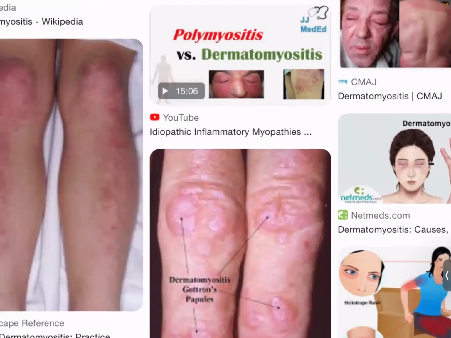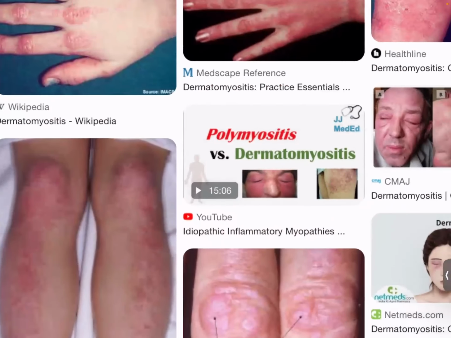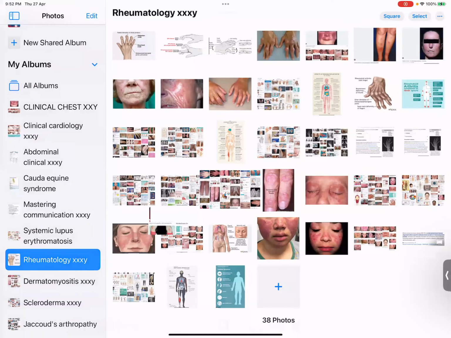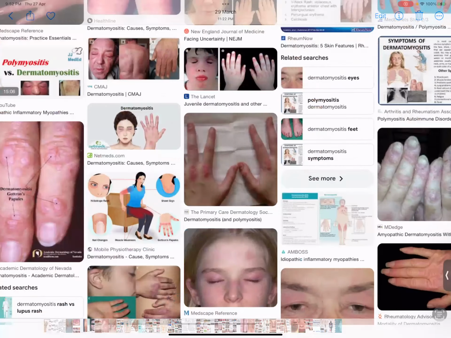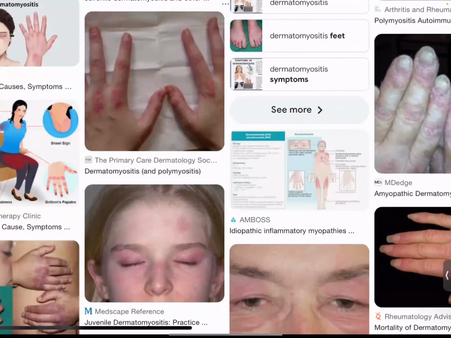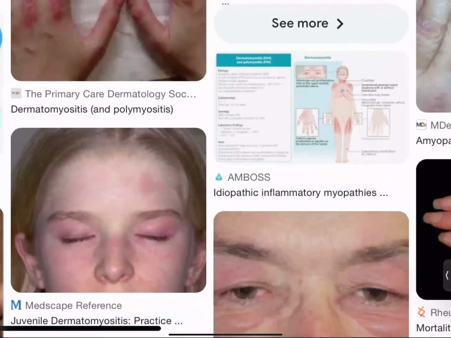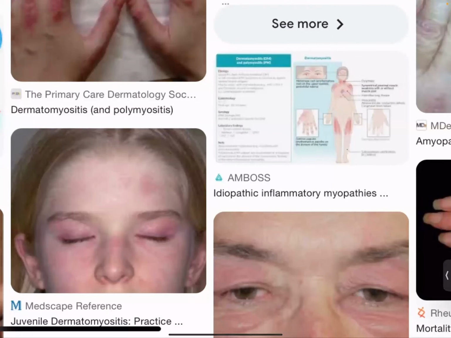What else do you expect to find? You will expect to find what is called the heliotrope rash. Here, the heliotrope rash. The heliotrope, helio means sun. So the eye will be looking like the sun inside the rash. The rash is surrounding the eye. Heliotrope